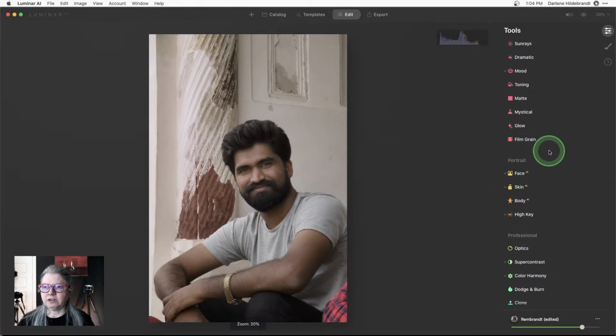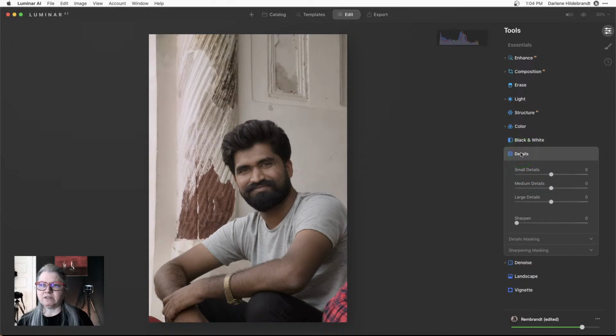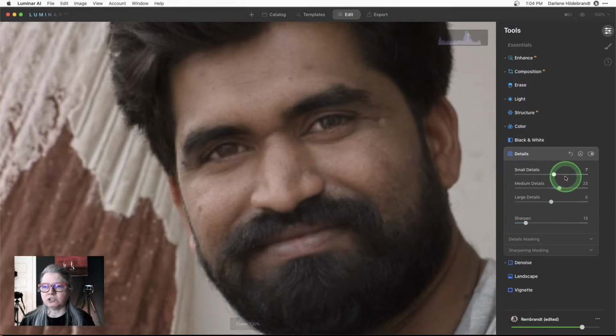I'm going to go into the details panel, okay, like I did with the bird. I want to give him a little more detail and sharpening, so I'm going to sharpen him up a little bit. And I generally use medium details, sort of 20 to 30. Small details I want to use very subtly on this one, because if you go too far with small details, the pores, which we just talked about a second ago, are your small details,